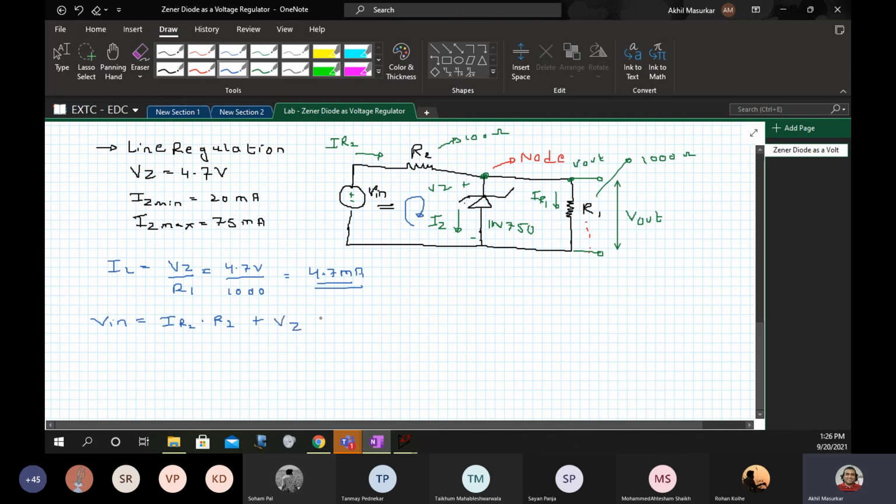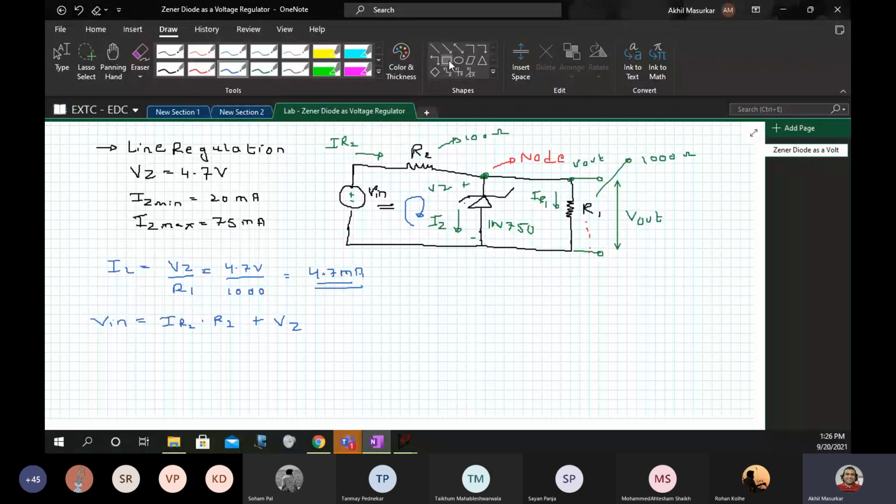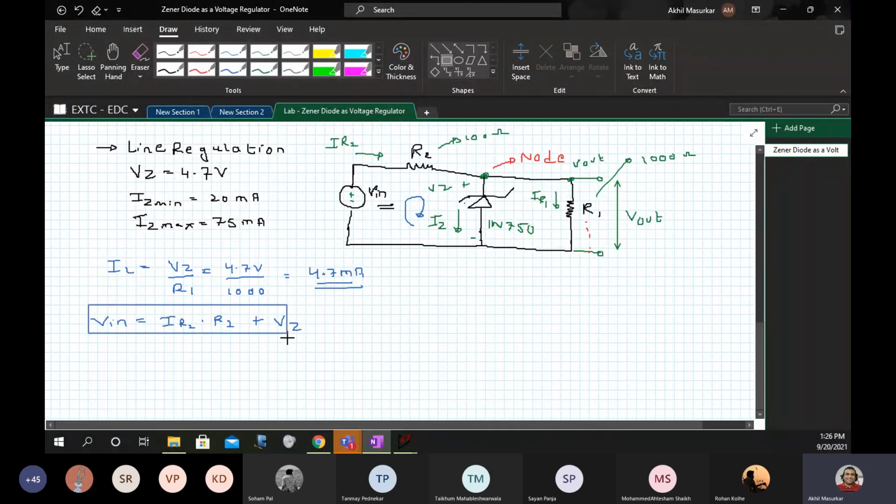Now here IR2 will have two values, IR2 max and IR2 min. So this is one of the equations which we are noting.